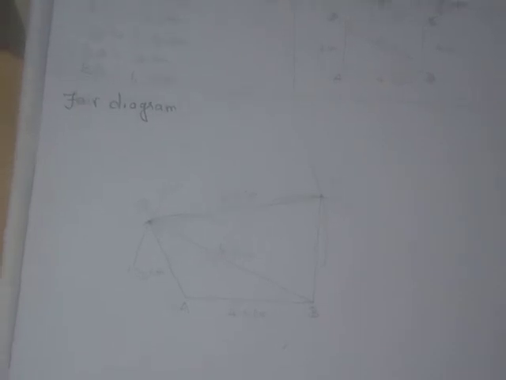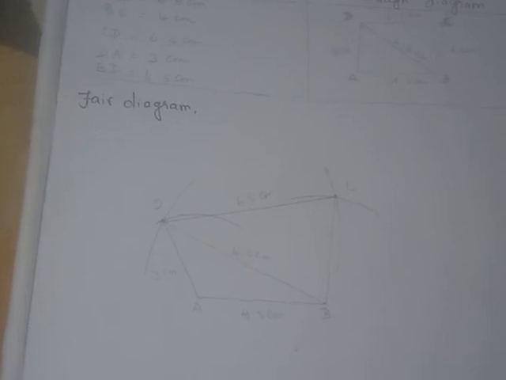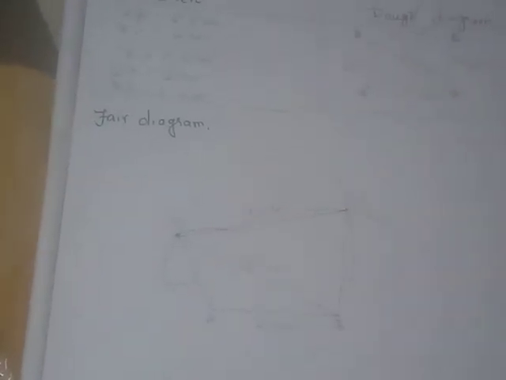So everyone do like this. Using the measurements, do the sum. One sum I will do in the book. So this is the construction of quadrilateral, children. Everyone do this sum in your note. You have a practical note, that means geometry note, you do the geometry, and on the right hand side you do the sum. Otherwise, if you don't have the geometry notebook, no problem, you do it in the classwork itself. In classwork the upper side should not be taken in a downward page. That means you have a short note only. In the short note the upper side is complicated for doing sums, so downward, that means you place the note at that side only and do the sum.